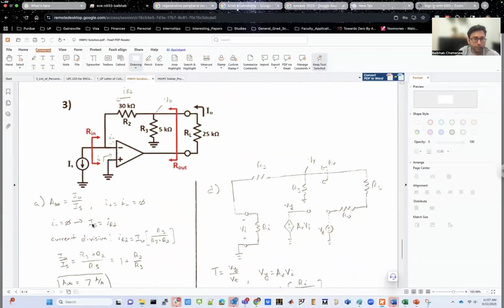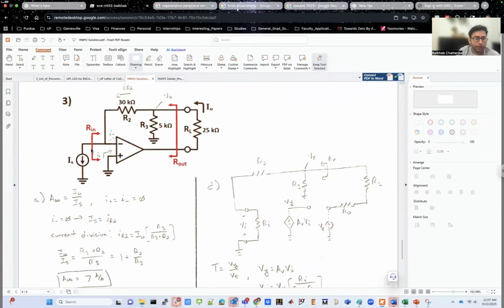Question number 3 was a little bit more interesting, because in this case, you had a current amplifier. Your input is a current source IS. The output is a current IO. So you're interested in finding out what IO over IS is, as your current gain. So A infinity is IO divided by IS. Now again, the A infinity part should be very easy, because your current going into the op amp